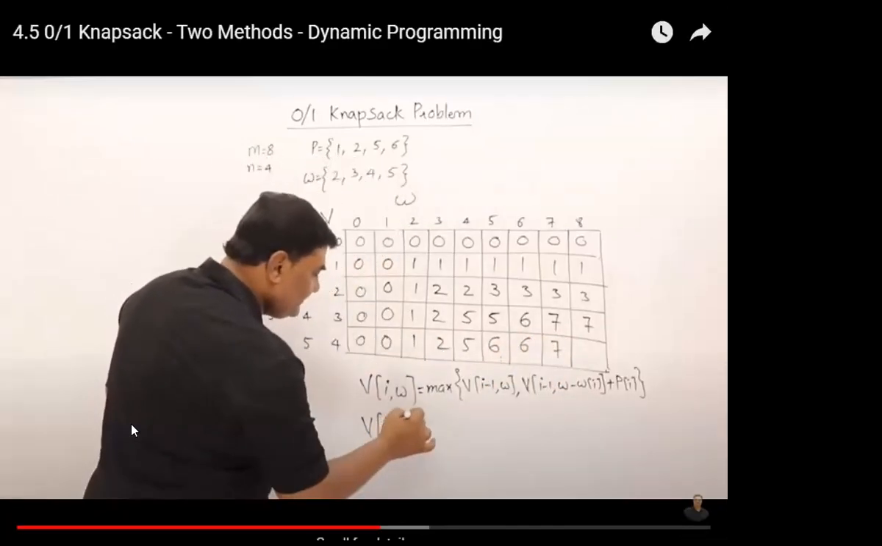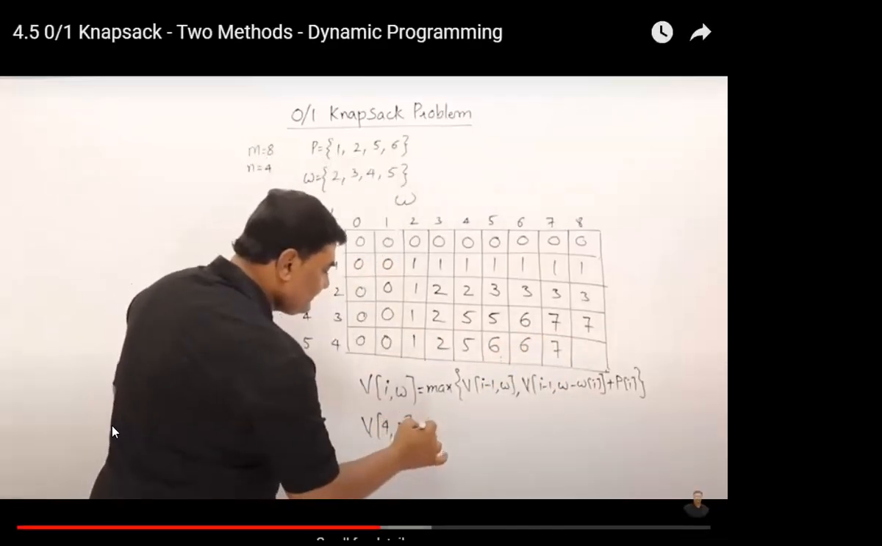4 comma 8 is. Any one of you, what will be the value in the last cell? Online or offline? Either using the formula or using manually how we were doing it. 8. Okay. The maximum of V of